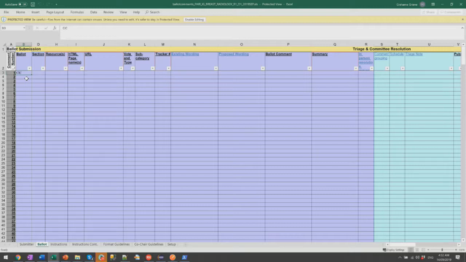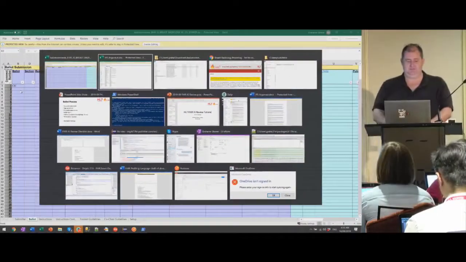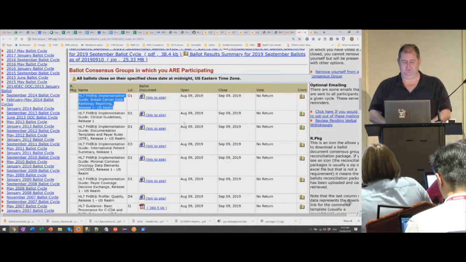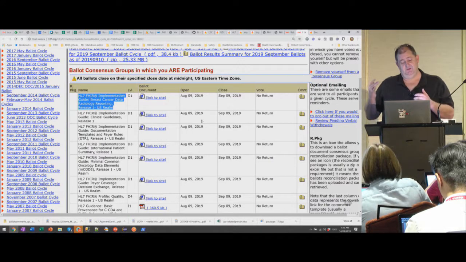And the assumption is that if you've looked at the ballot and you've said, yeah, and I'll talk about negatives and affirmatives, but one or more of your comments is a negative comment, then your overall vote will be a negative. And so then you go back to the ballot site here and you vote, and I'm not going to go through that now, and you upload your spreadsheet with comments, and then you vote negative, and it goes through